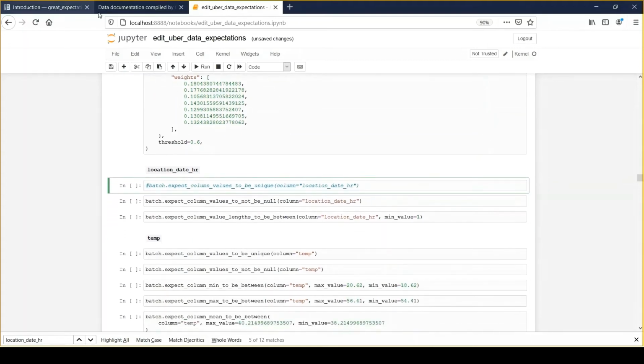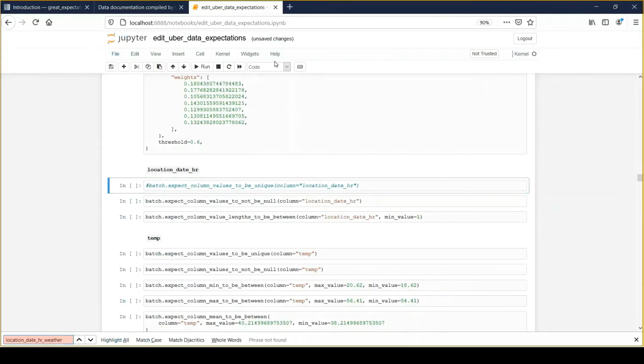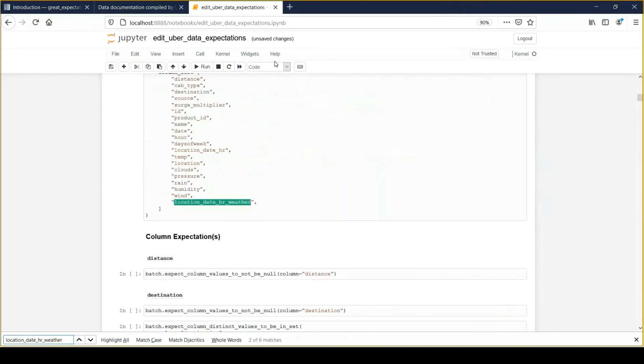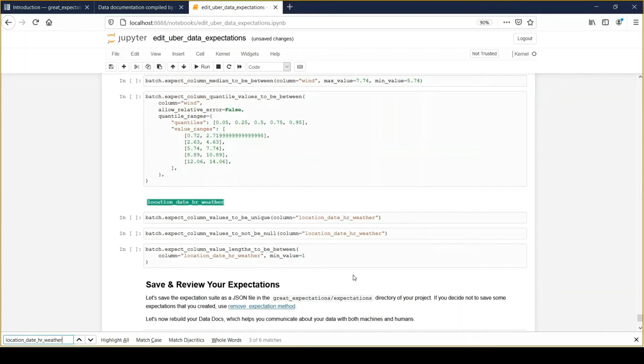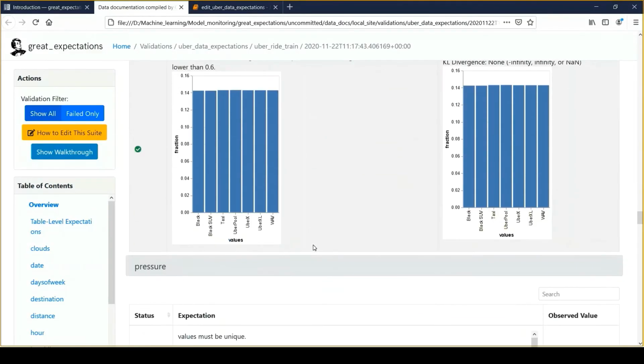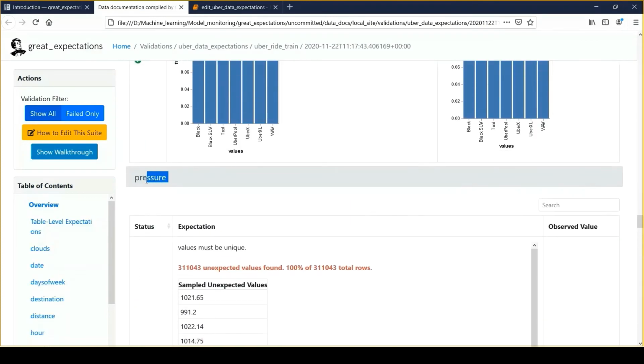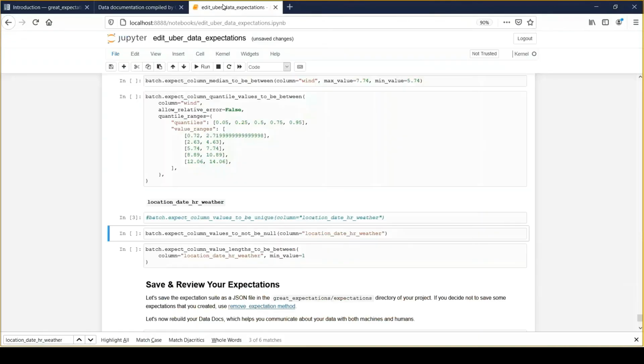And then the next failed field was this, date HR. I will also edit it. Unique, this is not correct. We'll comment it. And now we had a failed one. Probably we'll remove the failed one because that does not look okay. And we need to remove it from my final expectation suite.